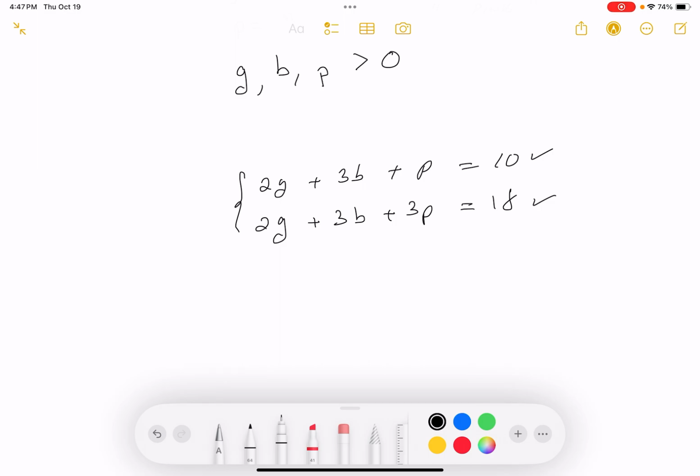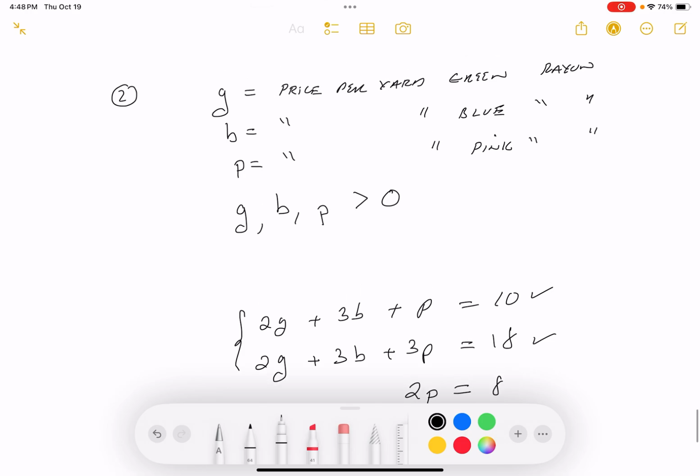So 2G minus 2G is 0. 3B minus 3B is 0. 3P minus P is 2P. And 18 minus 10 is going to be 8. So P is going to be 4. All right, now what does that mean? It means that,